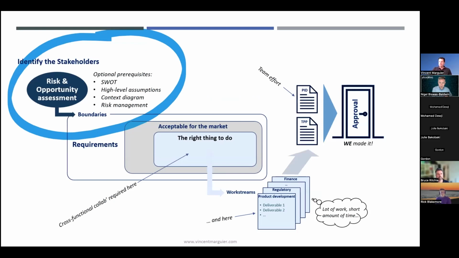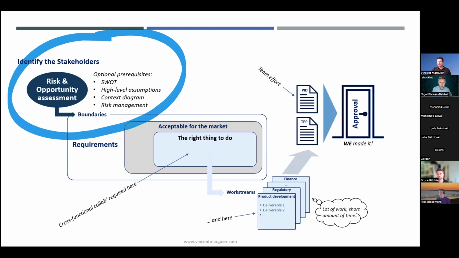So the scope is defined, stakeholders are identified, so we can now start what I call the project initiation journey, which is basically the sequence of all the activities that must be carried out to create what we call the PID in project management, project initiation documents. And also sometimes the TPP, the target product profile in drug development, which may then be presented for approval if a stage gate validation process is in place within the company. So sometimes in project management, you have different gates you need to go through to get validation from an executive board, for instance.